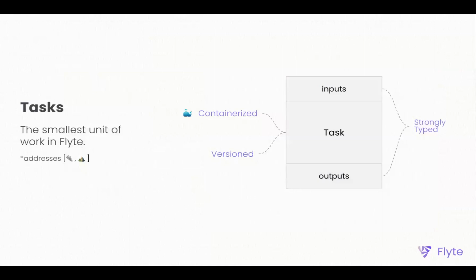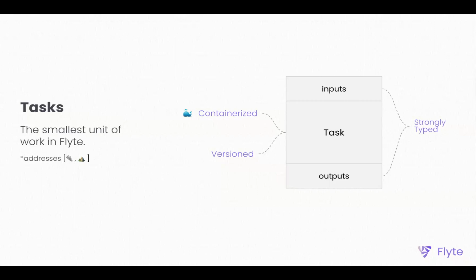So the first core concept of Flyte is the task, and this is the smallest unit of work. You can think of this as a Python function or a function in any other language, with a few things that are different about it. The first thing to notice is that this function is strongly typed, such that I know what the input interface is and what the data types are, data frames, ints, floats, strings, and what the output is. This is important for type safety.